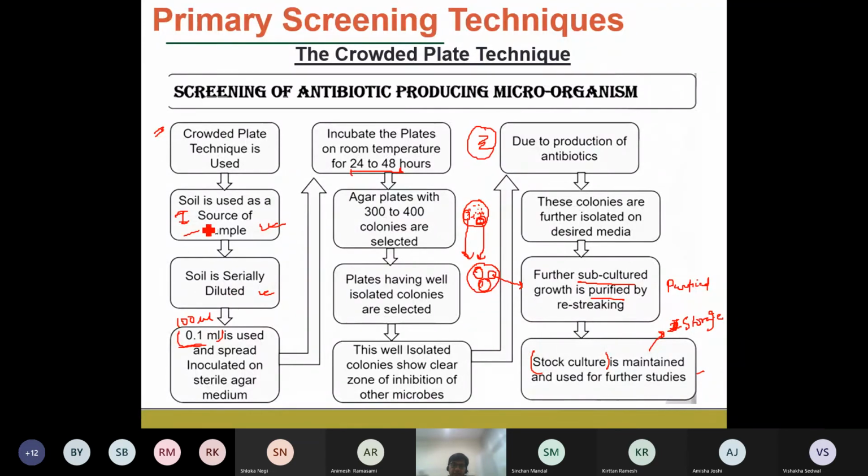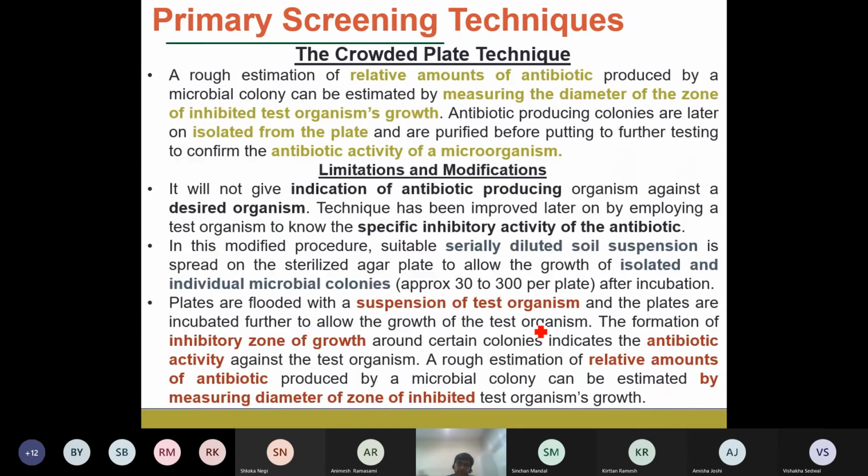So it's the first step, then you incubate, which means you make the serial dilution and coat, that is the second step. You incubate, which is the fourth step, and you make these plates, which comes on the fifth step, and then you separate, which is the sixth and the seventh. So these are the main steps when you are doing this primary screening of the culture.